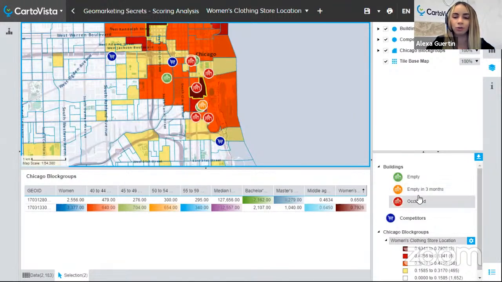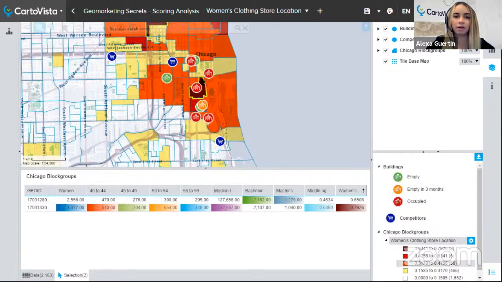So we can do a compare and analysis of where there might be an empty building where I can open a commercial location. This is a very handy tool if you were interested in creating a spatial intersection with your ranges to your points. You are able to do that, and I will show you that in our next example,